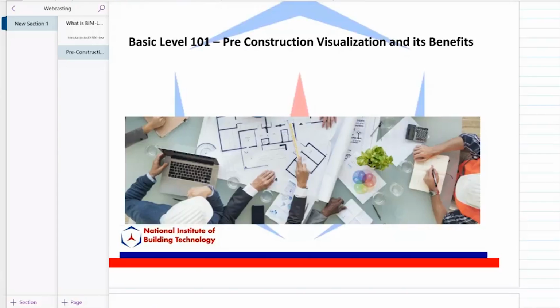So there is no single software. If you want energy analysis, there is a different software. If you want acoustic analysis, there is a different software. If you want to do point cloud modeling and scanning, there's a different software. If you want to do 4D planning, there's a different software. 5D planning, a different software. If you want to be a specialist in XD and automation, a different software. Prefabrication, a different software. I can go on and on and on. The point is where your skill set is.